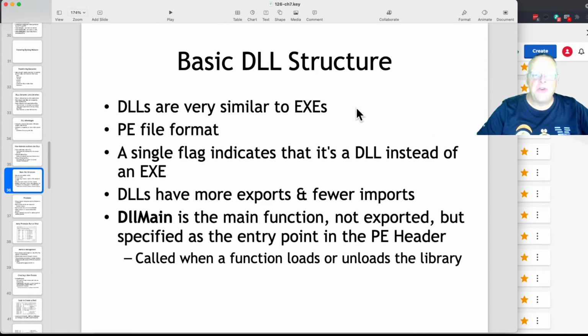So a DLL is just like an exe. There's just a single flag in the portable executable header to tell you that it's a library instead of an exe. Executables have exports and imports. The only thing an executable exports is typically start or main, but it imports a lot from DLLs. The only difference about DLLs is they have more exports, where they offer more ways to enter because they're offering